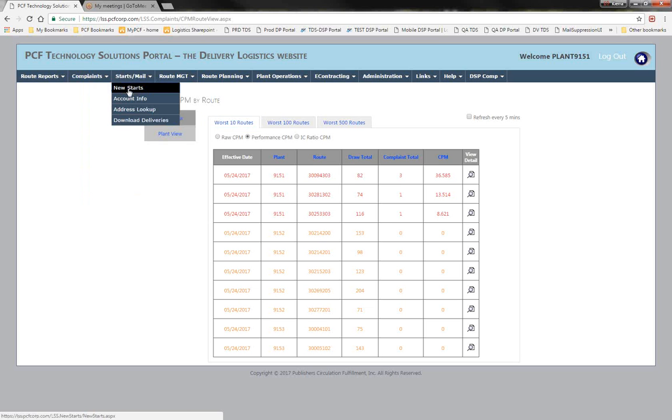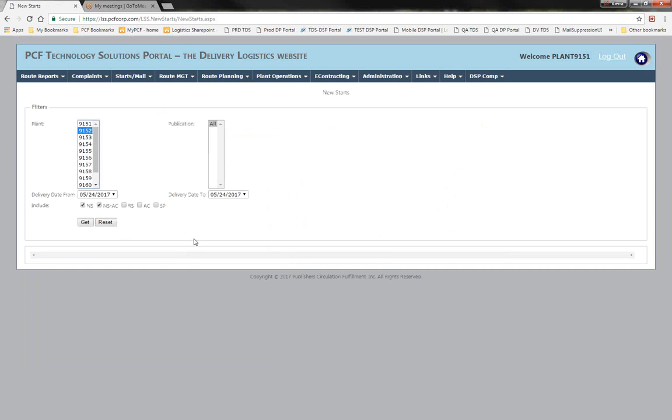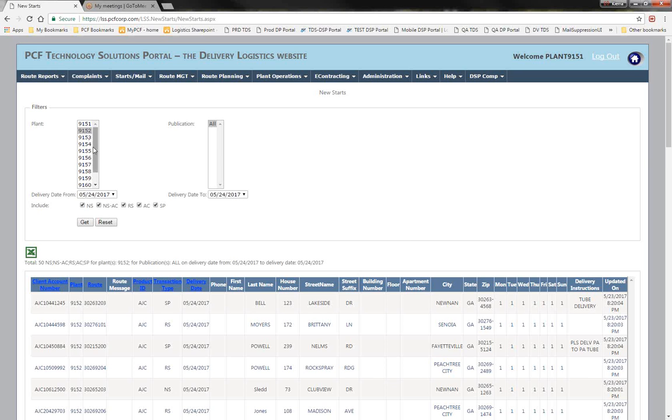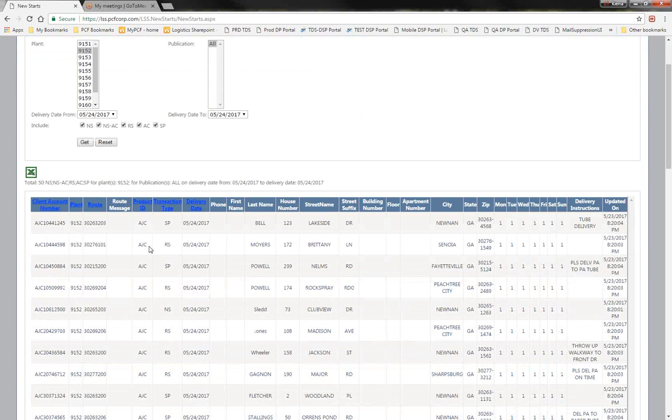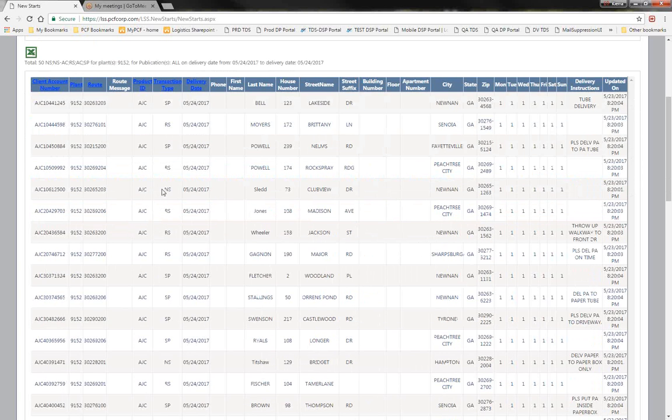For starts and mail, if you go to the starts and mail, you can click on new starts. And let's see if we can get some information for some of this stuff here. All right, so we're looking at the new start, address change, restart, and stops, and that's what those checkboxes are for. So that you can see what accounts either started, stopped, restarted, or was a new start